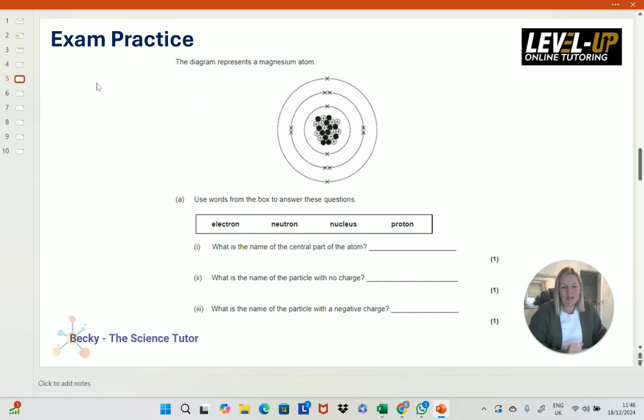Okay, so let's have a look at some questions then. So how is this going to be put to you in an exam? So lots of questions. These are what I call a leading question. So a question might actually be about bonding, but it will test do you know the structure of an